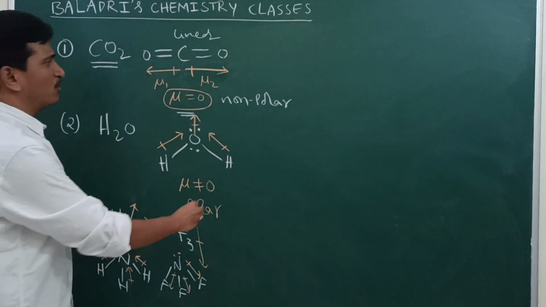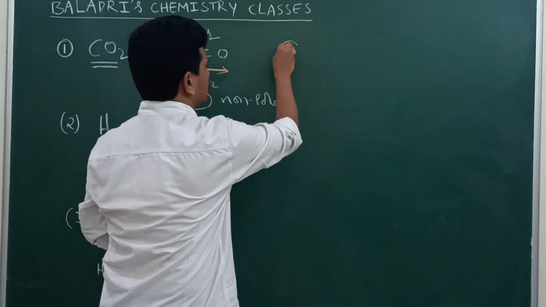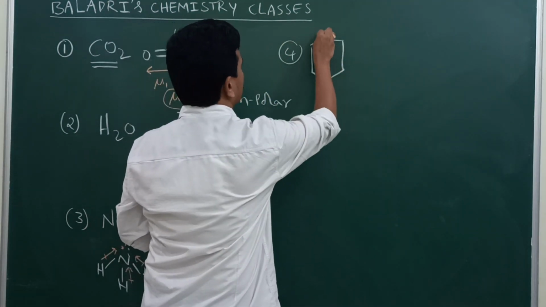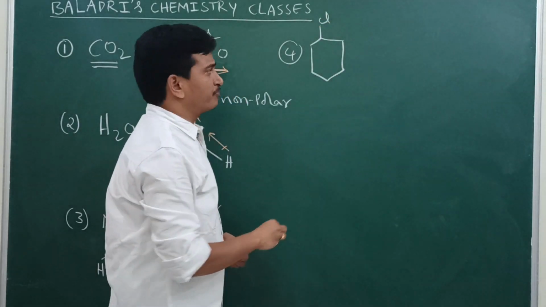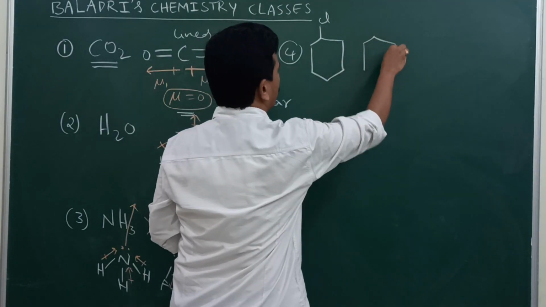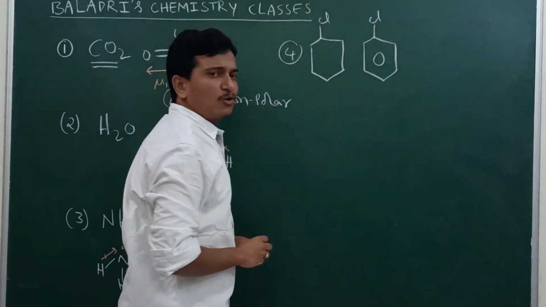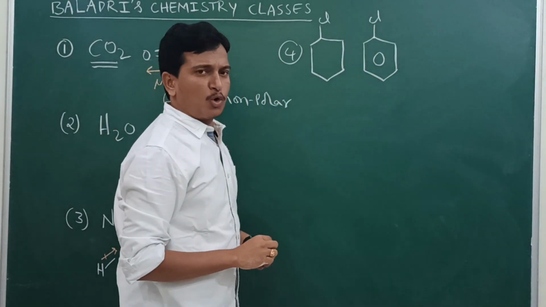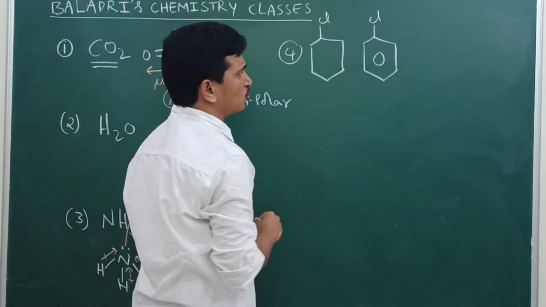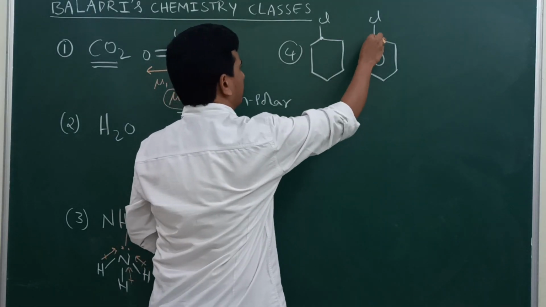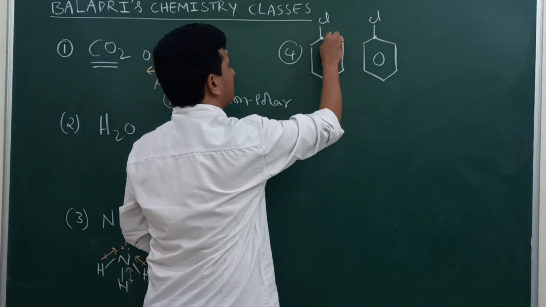Okay, let me come to another important example. See the board, everyone. Here I am taking cyclohexyl chloride, and one more example, chlorobenzene. These two I am comparing. One is cyclohexyl chloride, the other one is chlorobenzene. Both look similar, but here this carbon has sp3